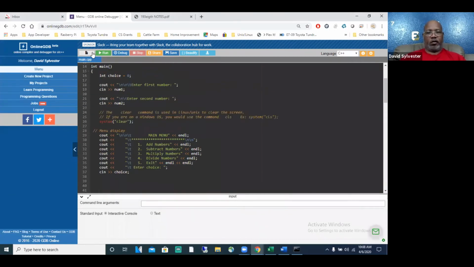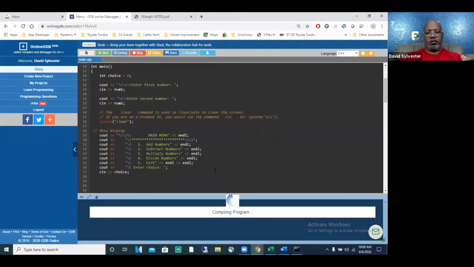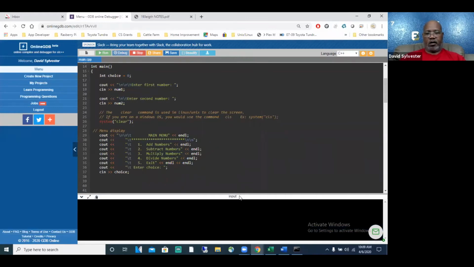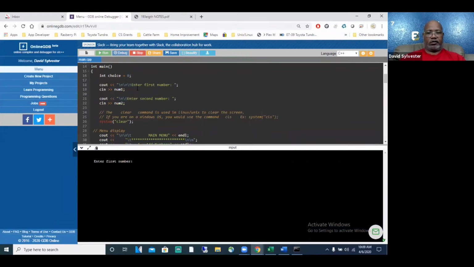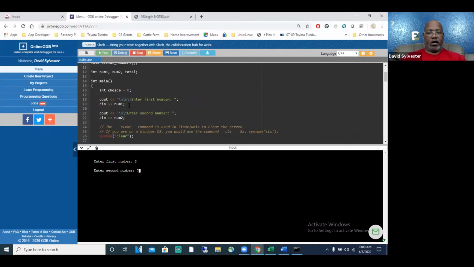So let's run this program, and then we'll still talk about the menus. So I'm running the program, all right, and what? It's prompting me to see in my first number. So I could put in 8, hit enter. It's asking for the second number. We're right here in the program. And we put in 7. 8 and 7 added is 15. 8 times 7, what? 56. 8 minus 7 is 1. What else? 8 divided by 7, depending on what I made it, int or float, would be 1, or 0.8, 0.9